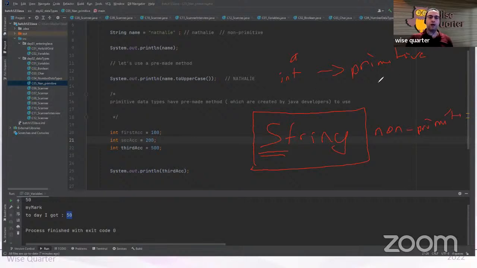As you can understand from the name, primitive data types are very simple, but they are mostly used in programming because of their speed. They are very fast. Non-primitive data types, of course, we use a lot because they have pre-made methods which are created by Java developers. When you press dot after creating a string data type, as we have seen, you can see pre-made methods and use them. But for now,